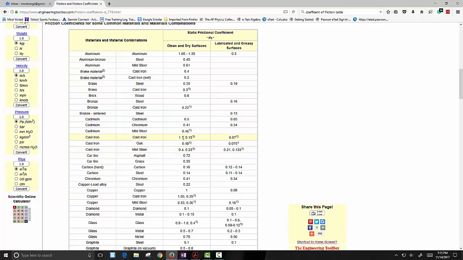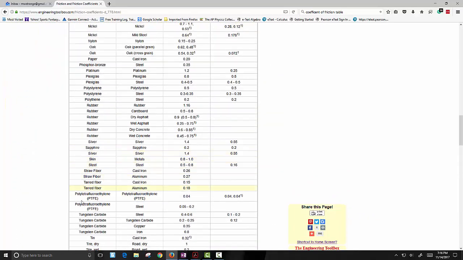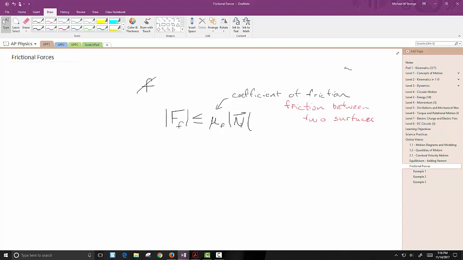Look at that, 1.1. So theoretically we can't go above 1, but sometimes you can, especially if it's really smooth and it's the same material. And then you go down, so you see how it works. They just test it out and we get this number, and so that number always applies. So it depends on the surface, but then it also depends on the normal force. And that normal force, a lot of times if we're dealing with just a horizontal surface,